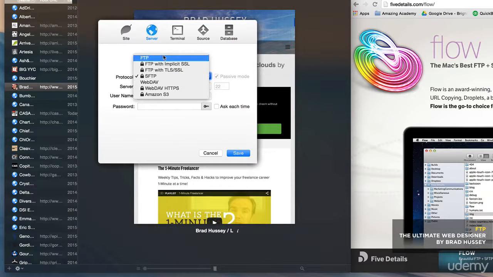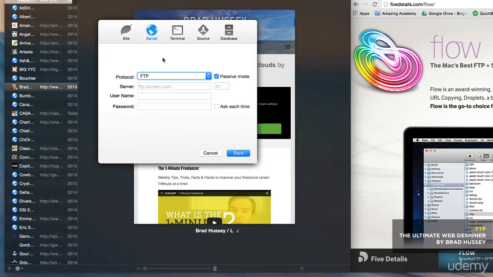Protocol. Choose FTP unless you know otherwise. You're going to just choose FTP. That's likely the case, I'd say 95% of the time. You would know if you needed to use SFTP, WebDAV, or TLS, SSL, so on and so forth. So choose FTP. Passive mode, keep that checked. Pretty much everything is all set by default, and the only thing you need to modify is the server, username,